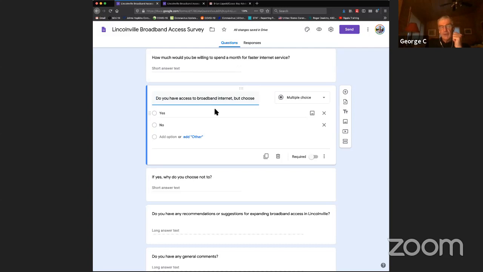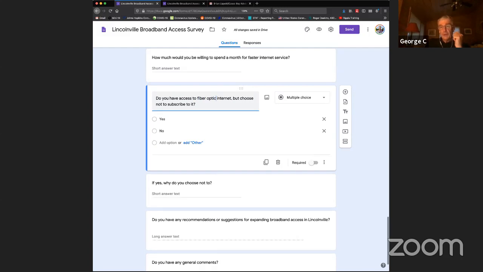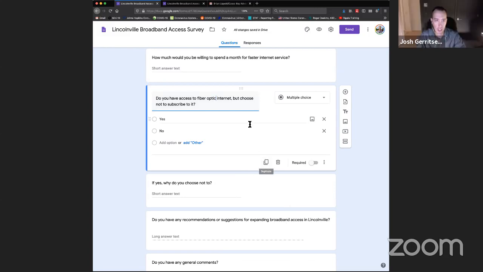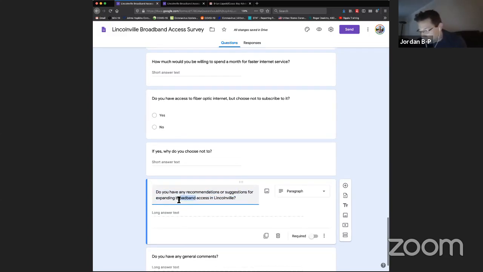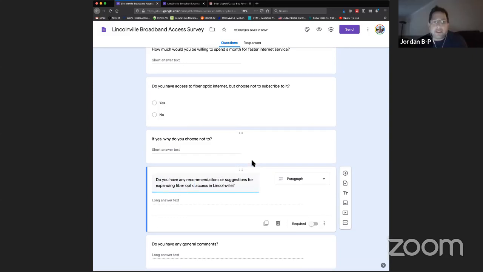Yeah, I would agree. I looked up broadband, and broadband is defined to include DSL, depending upon how much volume it can carry. So I think really talking about fiber optic versus DSL is more useful. Okay, let's make that change. Especially because we know in Lincolnville, with the exception of Route 1, perhaps, broadband is fiber optic. So I'm just going to change it. And DSL is dial-up.